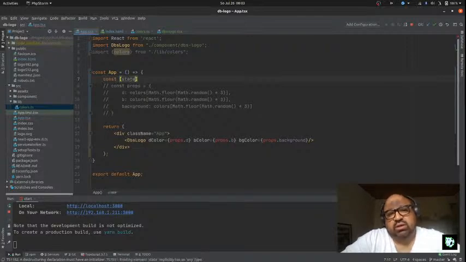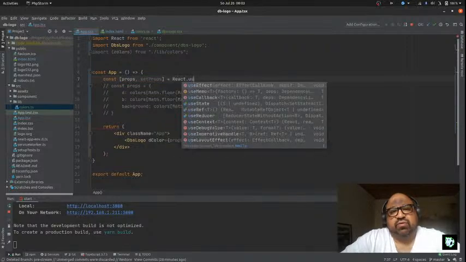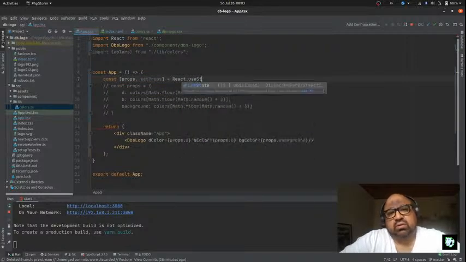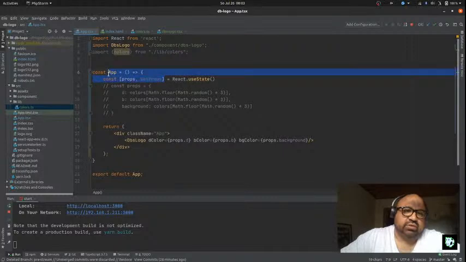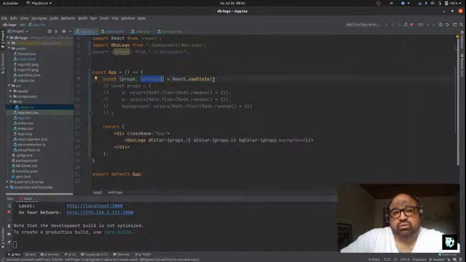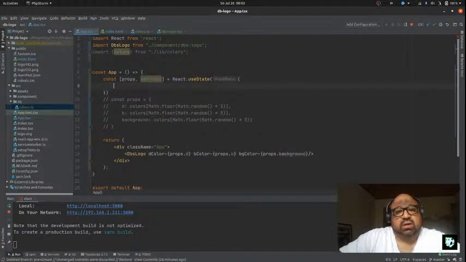So we'll call this, I don't know, the props, and then set props. The useState hook will give you two things. You can extract these two from it: the props object, and then a setting function for it. And then I'll try to talk a little bit about